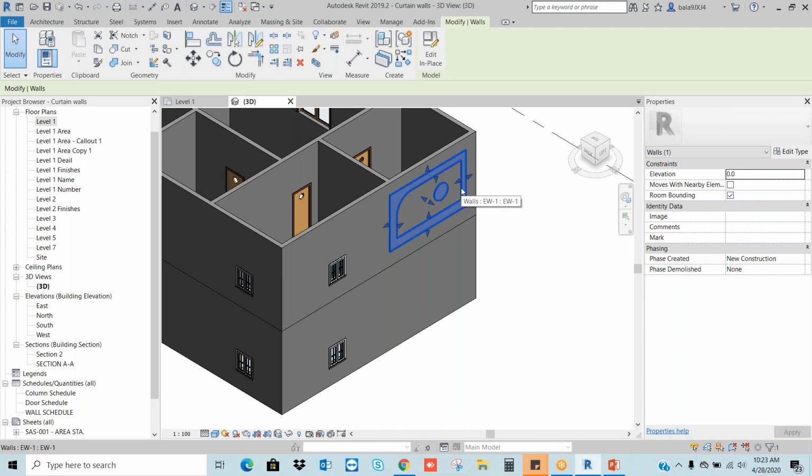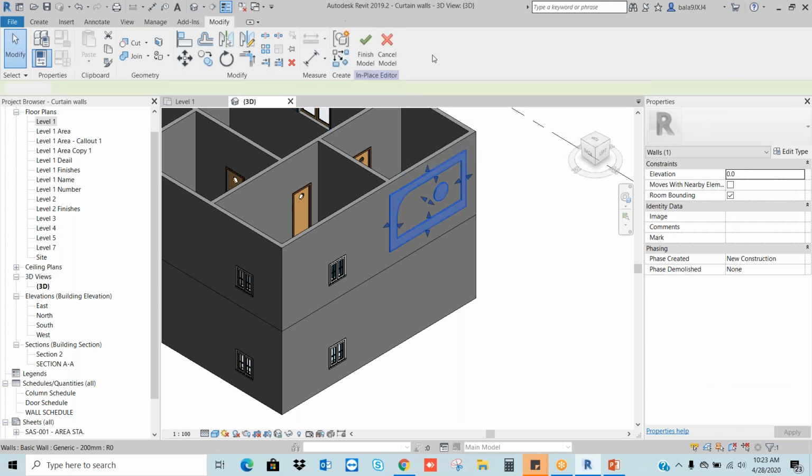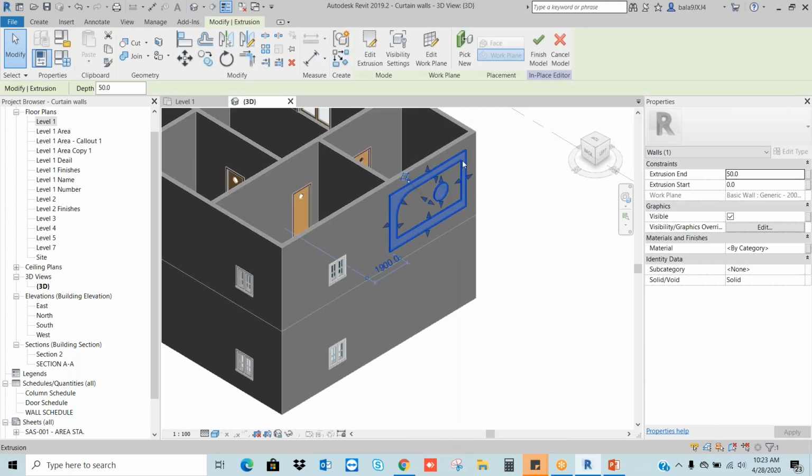I select the extrusion. I will go to edit in place. Okay, I will select this solid model, and here I will go to the material. Can you see in the properties, materials? I will go there and assign the different material.